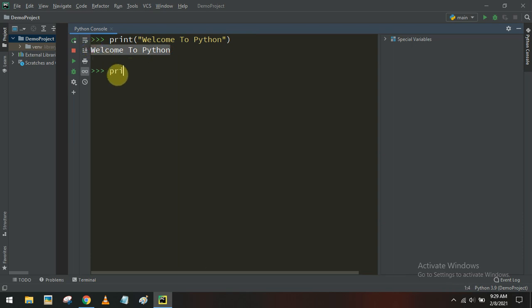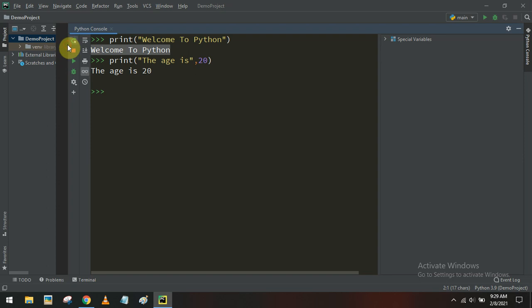The same way, if you want to print the age of a person, you can print like this: age is, then followed by a comma, and you can give the age. So now the age is 20. The same way, if you want to display any other data, you can do that in the Python console. So this is how we can create simple Python instructions and execute them using the Python console. So this is one way.